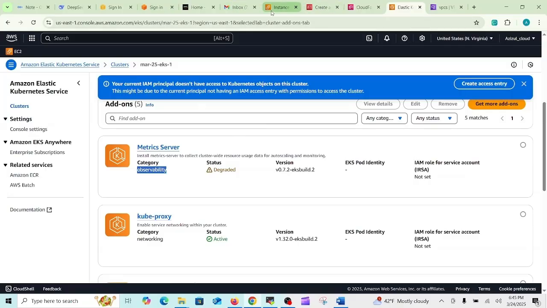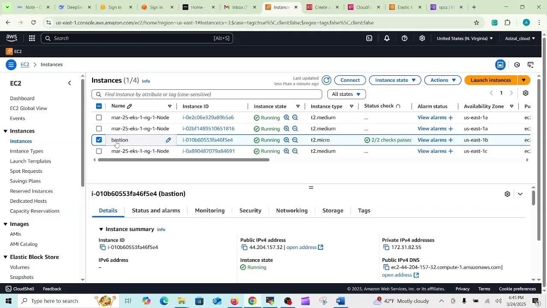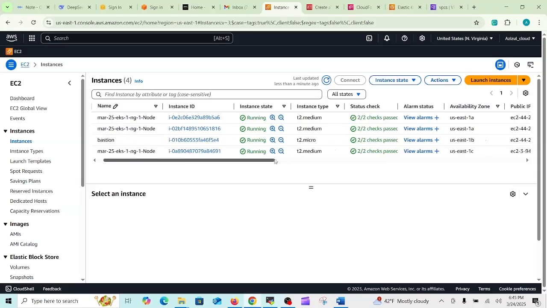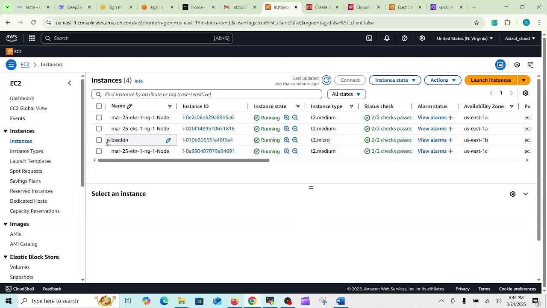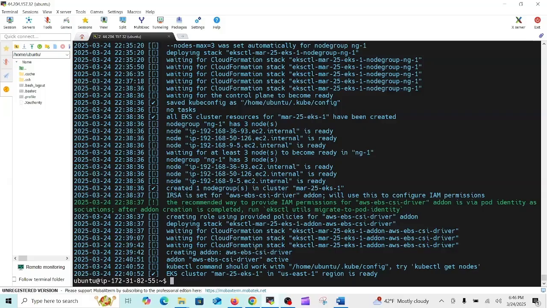Yes guys, so let's see the instances. That means the nodes should be here. Yes, without the bastion. See here, 1, 2, 3, right? 3 nodes are running. Yes, it's good. 3 nodes. Let's see one. It has 1 public IP and 2 private IPs. Okay, so here